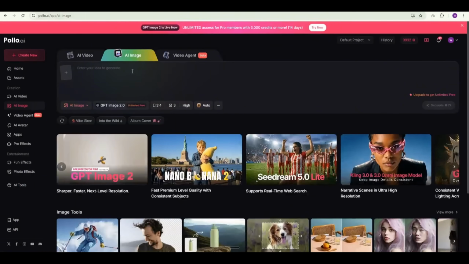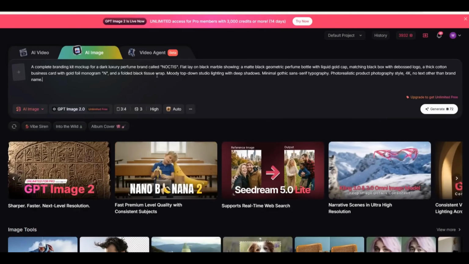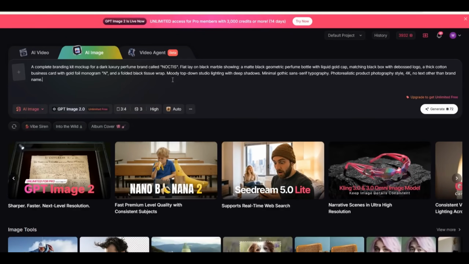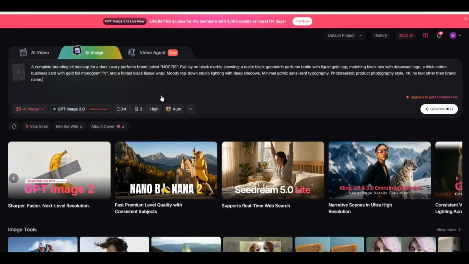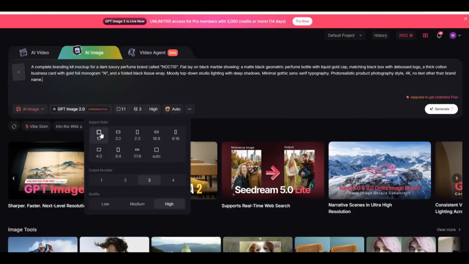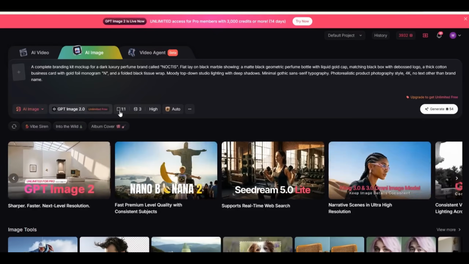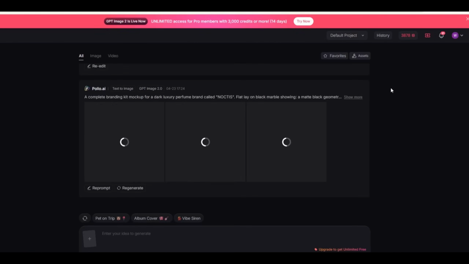Now let's go back to the home screen of Pollo AI, and I'm using the prompt window to type a new prompt. This time I ask for a complete branding kit mockup for a dark luxury perfume called Noctis, and I'm going to change the aspect ratio to 1:1 and the number of image generations to 3 as is, and press on the generate button, and it takes a couple of seconds, between 20 to 30 seconds, to get the